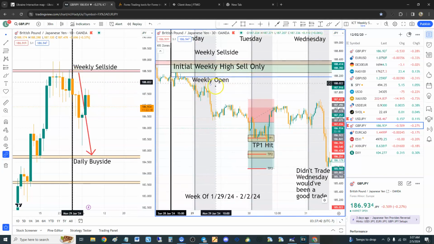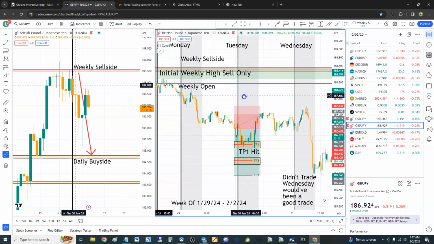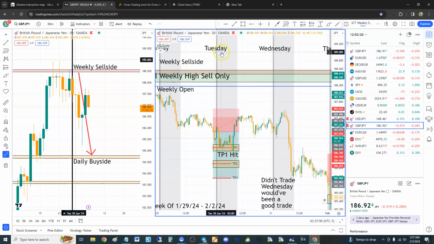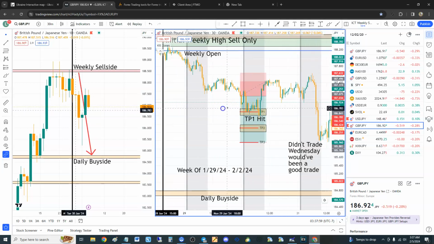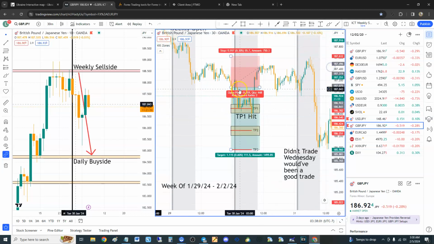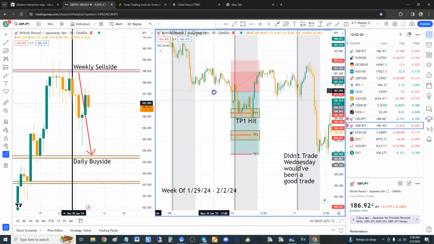We saw what happened back there. So I put this initial weekly high, sell only. So I'm only going to sell. But anyway, we're going to wait till Tuesday. We waited till Tuesday, London open. And here it is. London opened. And I put a pending breakout order towards the bottom here, going towards the bottom,